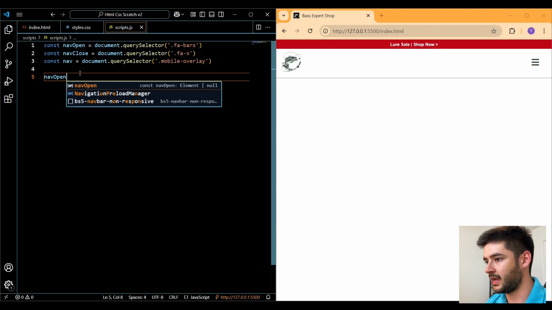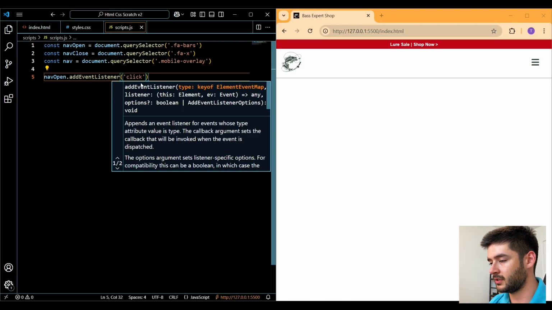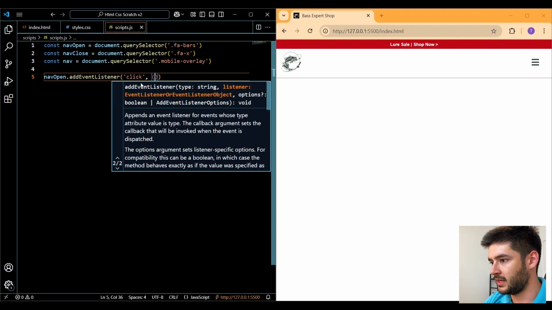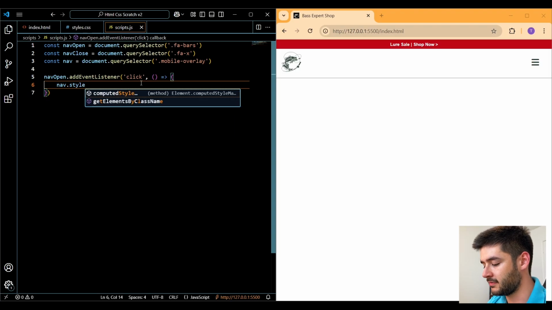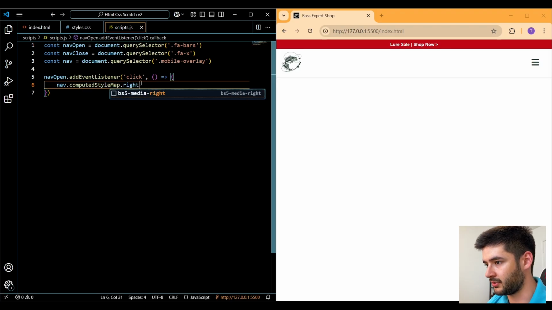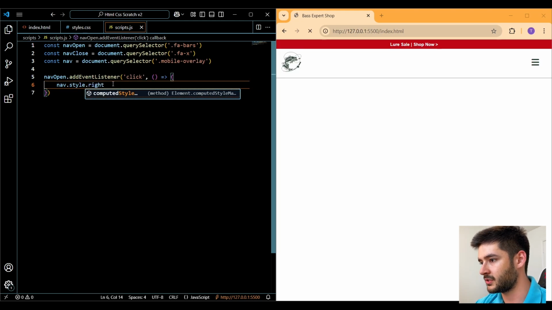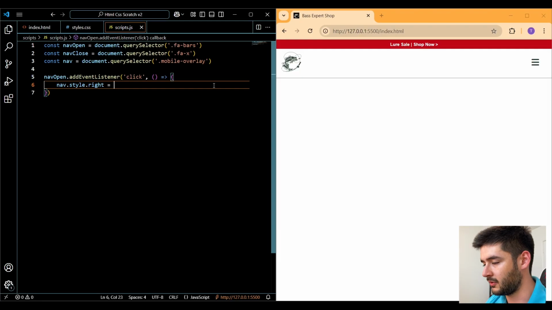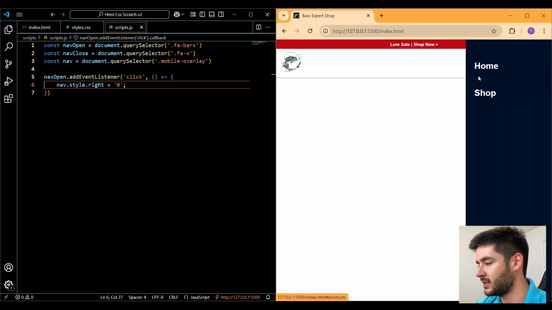Now we want to use the nav open variable, and we want to add an event listener. And this event listener is going to listen for a click. And then next we can go ahead and tell it what we want it to do. So we're going to pass in a callback function here. And then we simply want to target our nav element, target the style of that element, and change the right property. And you guys will see that VS Code likes to do weird stuff here. So we'll change this back to style.right. And then we simply want to say that we want to change this to 0. So now if I go back over here and click on this, you guys will see that opens our mobile